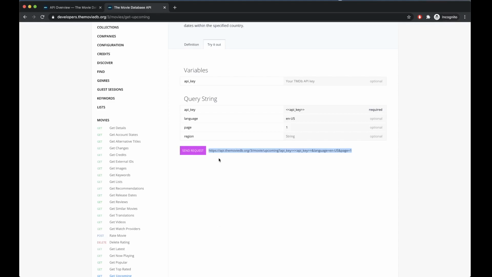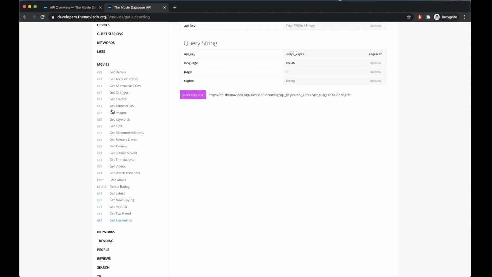familiarized with the API itself as well, because you're going to be building upon these. So let's say you want to include additional features, you would know what to display and what kind of information you can get from the API. All right, so I highly encourage you to check out this documentation. Okay, and once you're ready, you've got yourself the API key, then hop into the project and we'll start creating